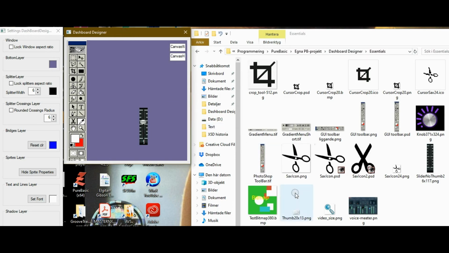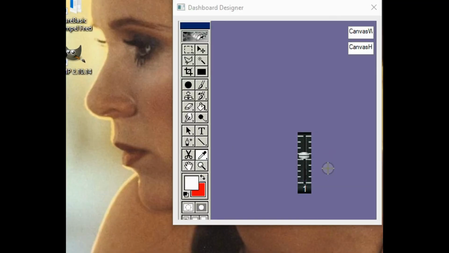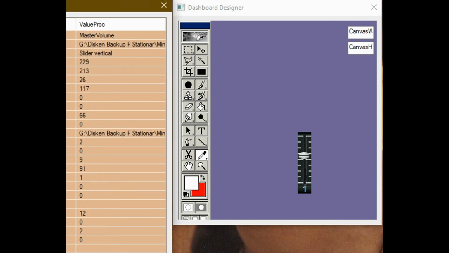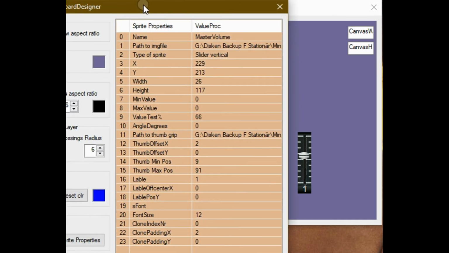Here is the routine of dropping items onto the form. So it's very easy to add items like sliders and buttons and images of all kinds. Now, to make the items dangerous to the real world, we have to give them properties. We do it like this: right click on the item, and there's this table with the properties,